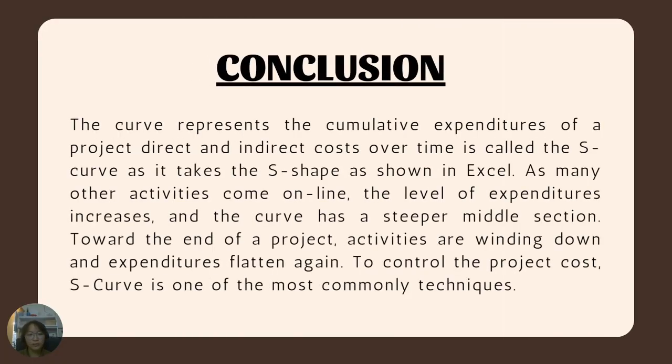Conclusions. The curve represents the cumulative expenditures of a project, direct and indirect costs over time, and is called the S-curve, as it takes the S shape as shown in Excel. As many other activities come online, the level of expenditures increase and the curve has a steeper middle section. Towards the end of the project, activities are winding down and expenditures flatten again, so that to control a project cost, S-curve is one of the